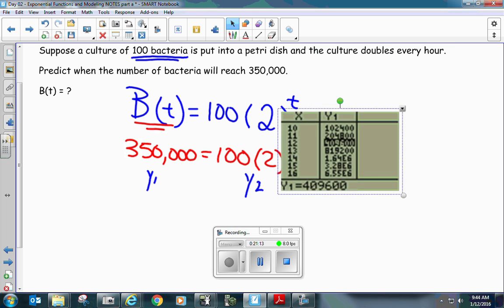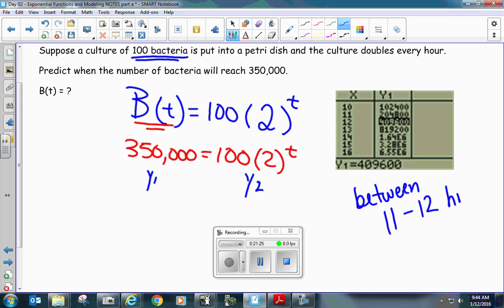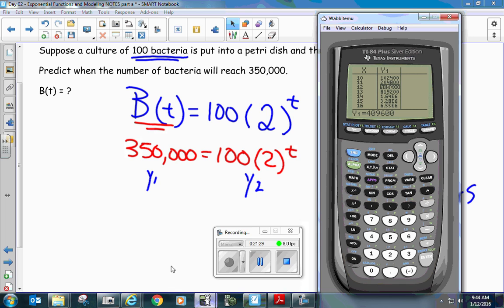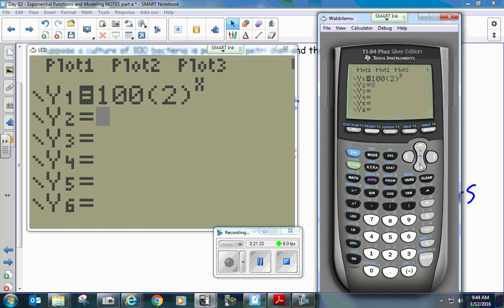bam, when will they predict the number of bacteria will reach 350,000? That is between 11 and 12 hours. Okay? Let's try to get exact here. Let's get a little nutty. I want to see when it equals